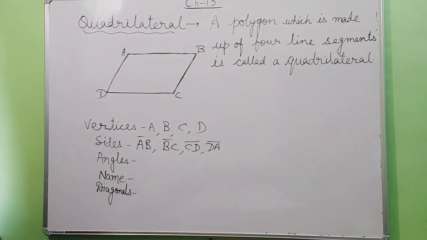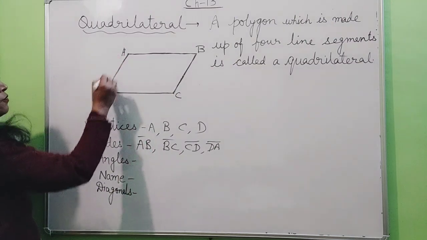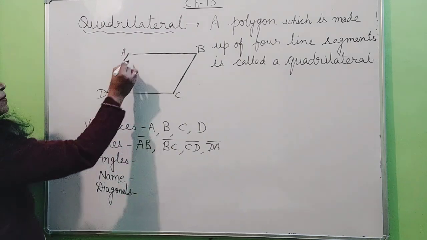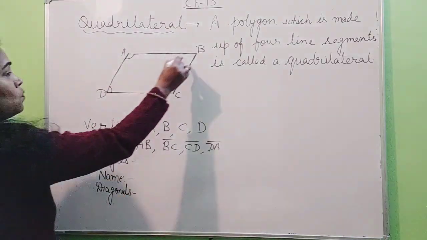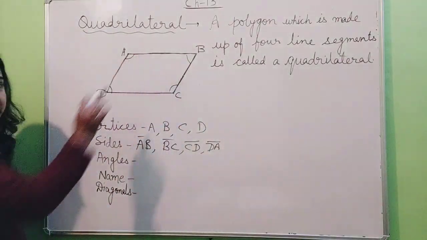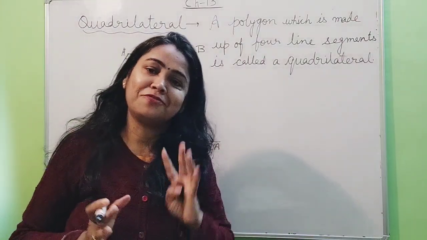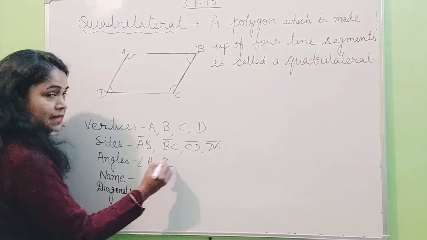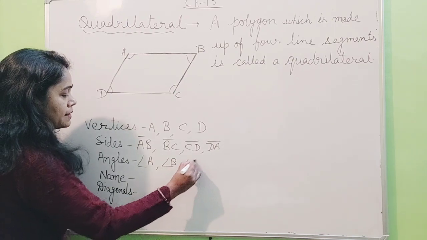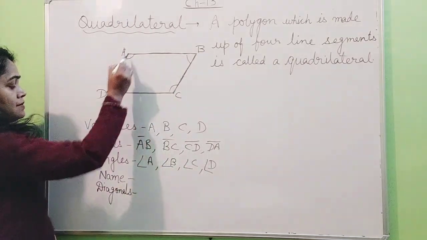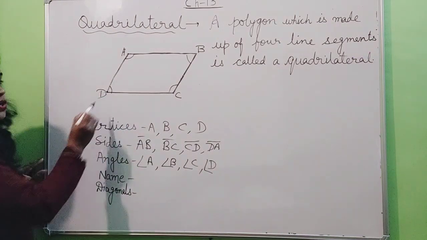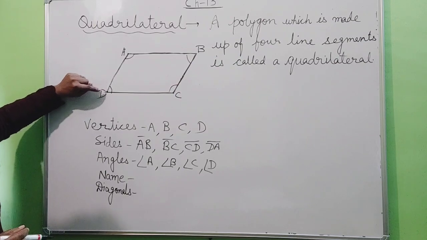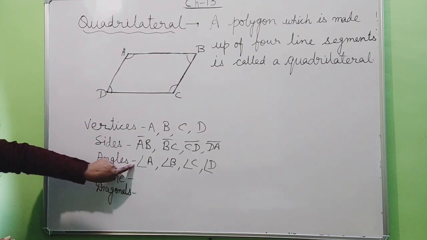Next, angles. In a triangle, you must have learned that where 2 line segments meet, they form an angle. So, here one angle will be formed, one angle here, one here and another here. So, the total number of angles inside the quadrilateral is 4. You will write angle A, in short we are naming like this, I have explained in that video. Angle B, angle C, angle D. Actually, this is angle ADC, but in short we are calling it angle D, and you must remember to give the sign of angle.